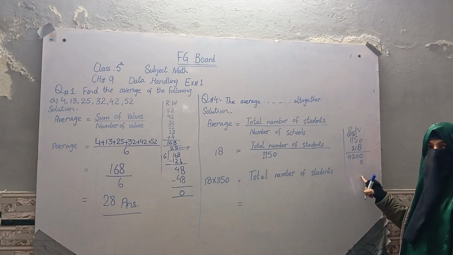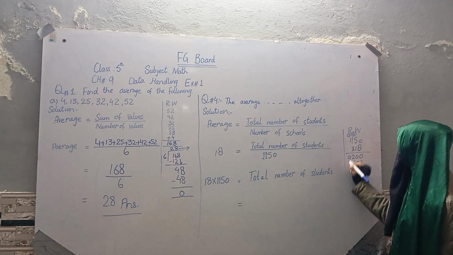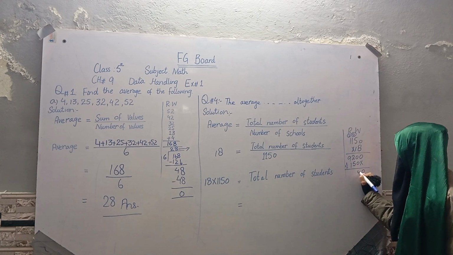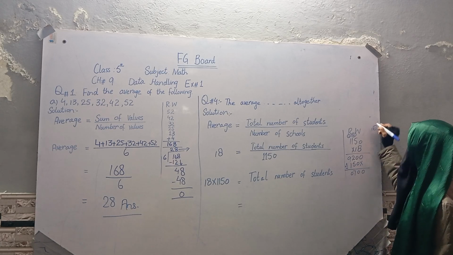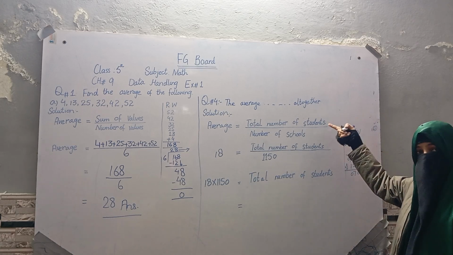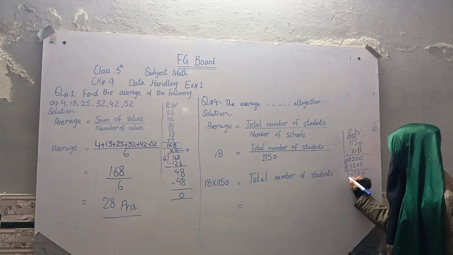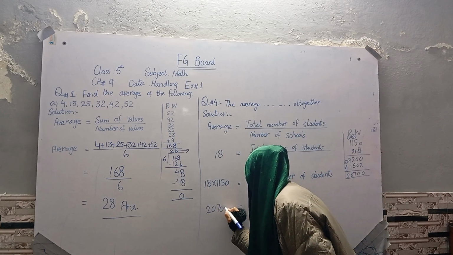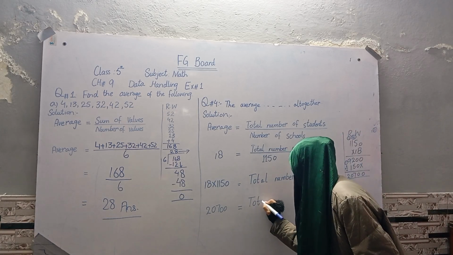Now we put here the 0 according to the rule. 1 times 0 is 0. 1 times 5 is 5. 1 times 1 is 1, and 1 times 1 is 1. Here we are doing addition. 0, then 5, then 2 plus 9 is 11, 0 and 1 carry. Now we put the right side number here and the other number which is on the left side we take as the carry. So here is the answer, 20700, and here we write total